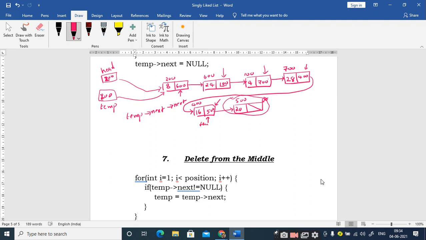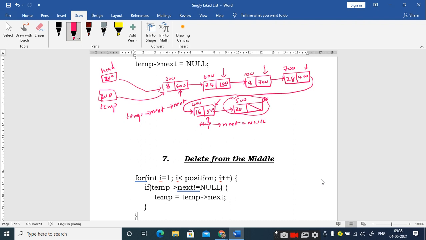If I have the temporary pointer pointing to 500, I can access the next node. Therefore this is how I identify the last node: temp next not equal to null, right? So when I identify that the last node has been reached, my pointer is pointing to the previous node only. So at this point I can directly access this one, so I make it as temp next is equal to null. Very simple logic. Is it clear?